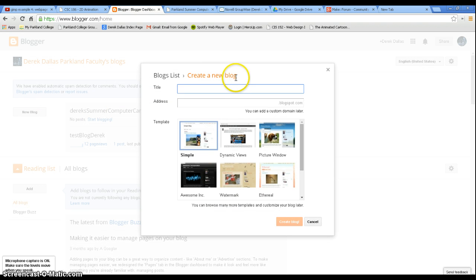and when I want to create a new blog, now a new blog is the container to hold your posts, your videos, and all that sort of thing. So you can have lots of different blogs about lots of different topics. So you could have a blog about computers. You could have a blog about music. You could have a blog about art, your favorite movies or books,